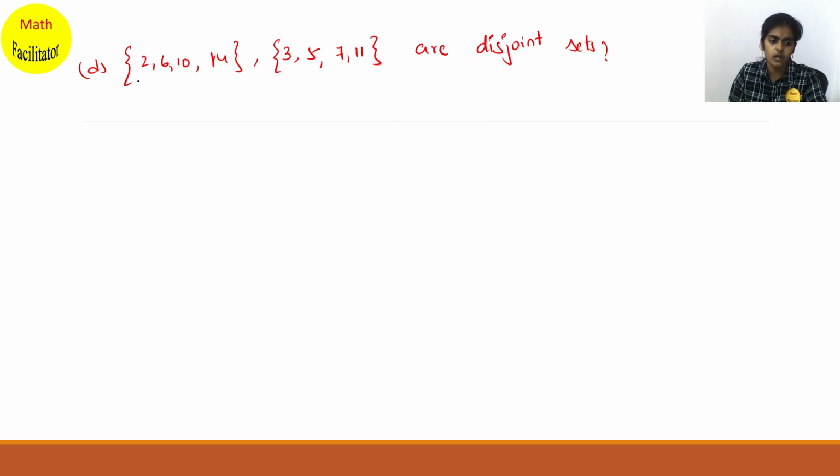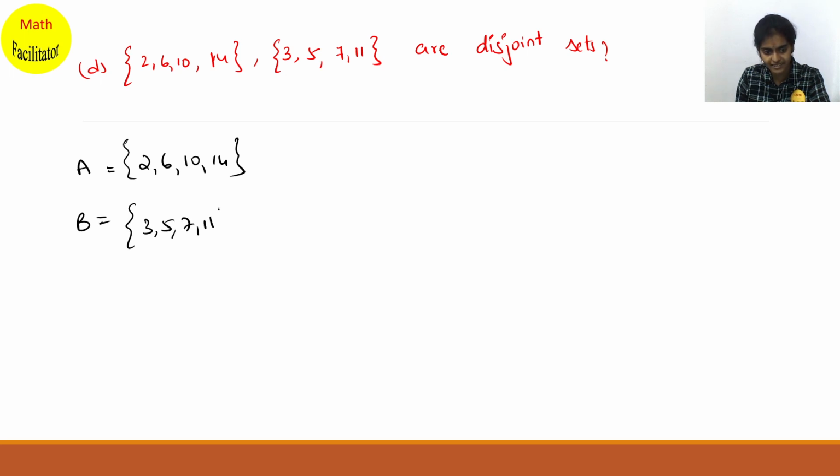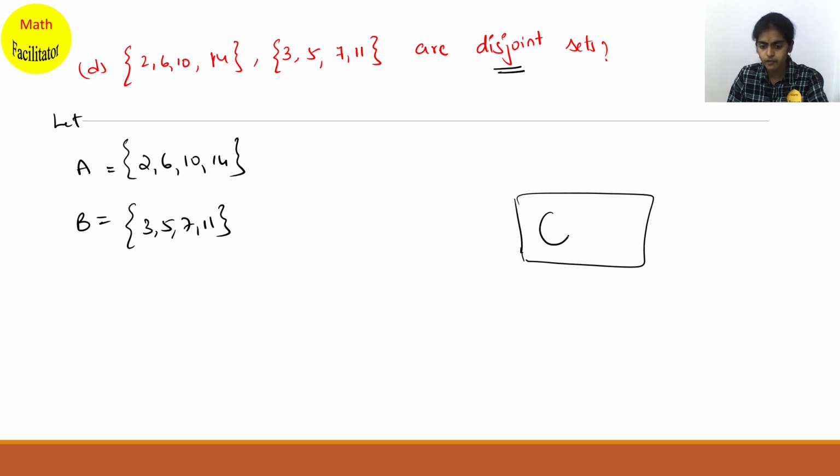So it is true. Now {2, 6, 10, 14} and {3, 5, 7, 11} are disjoint sets. Are these two disjoint sets? See here, if this is {2, 6, 10, 14}, okay, so if you take this as set A and this as set B. So first set I am taking as A, this as B. Now to prove that they are disjoint sets, what is the meaning of disjoint sets? If two sets are disjoint, that means suppose this is A and B, there are no common elements. They are two separate sets. Okay, so there should be nothing in common. So how will you know if there is anything in common or not? You will find A intersection B. See, using A intersection B, you can see there is nothing common.